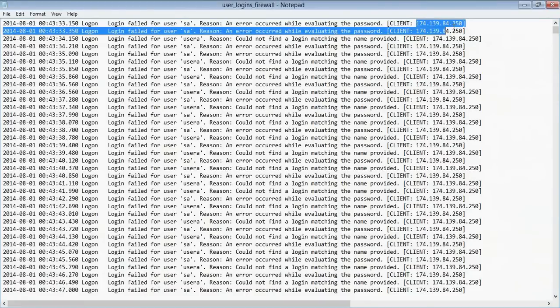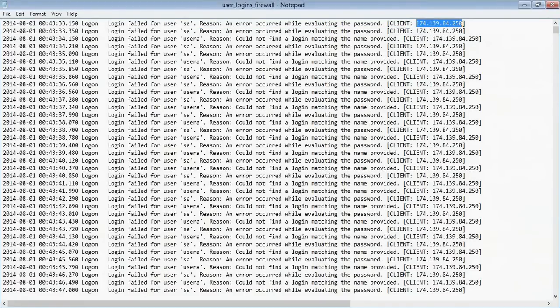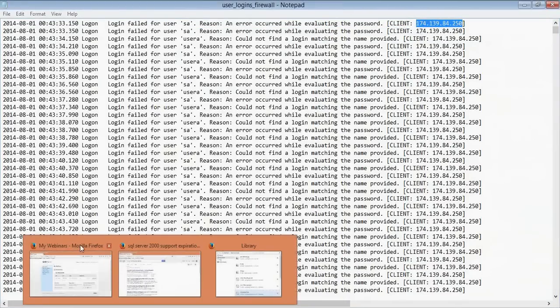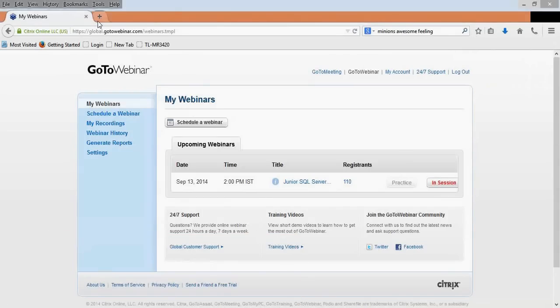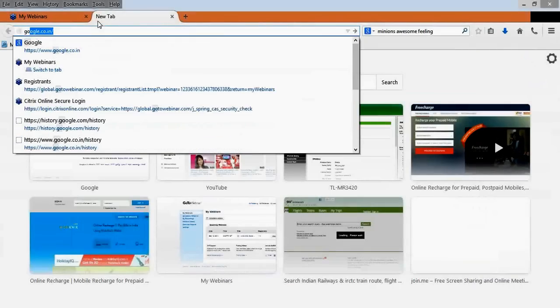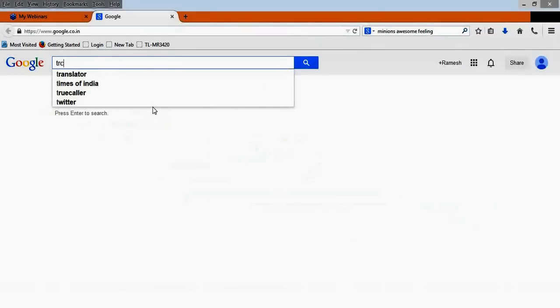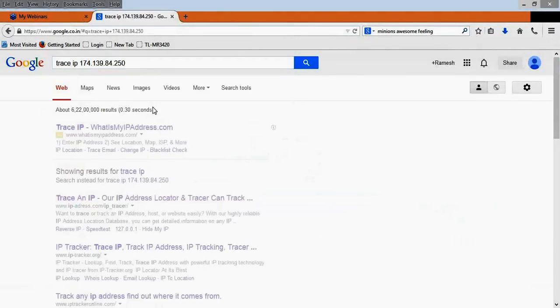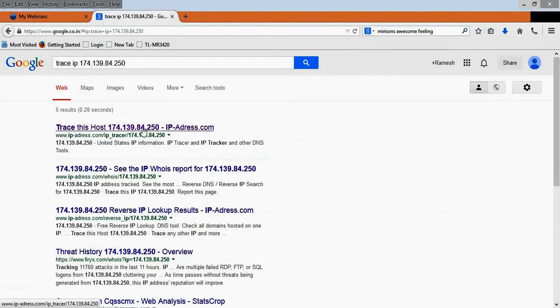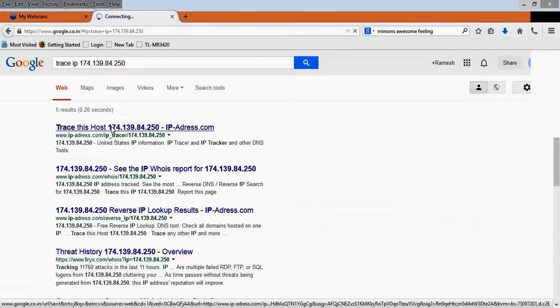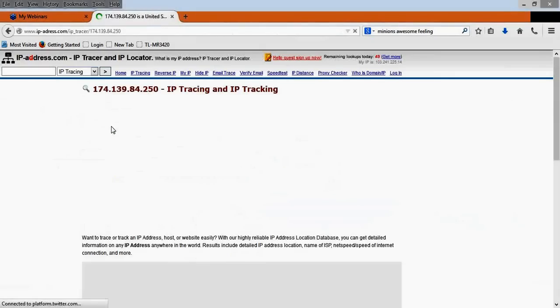Just copy the IP. We have lots of Google tools. In it, type trace IP, give the suspicious IP, and here you can see the details of the IP, its location.